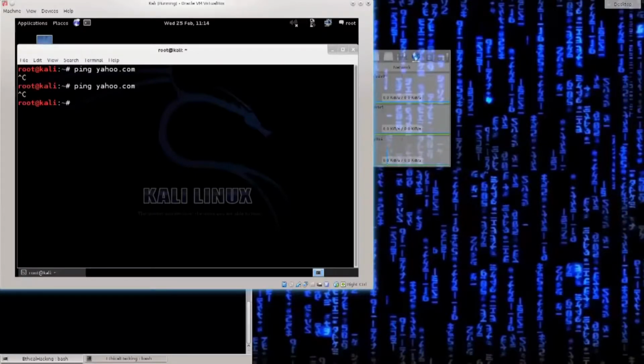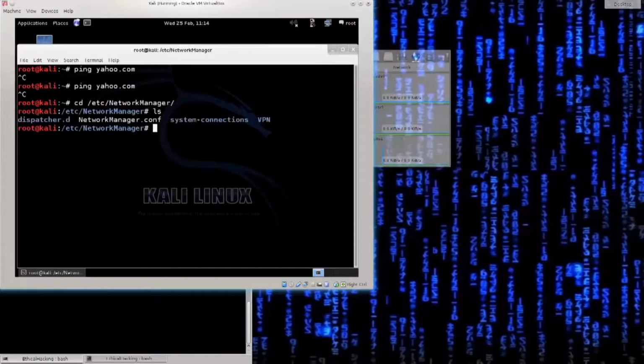So let's just go ahead and check the Kali Linux Network Manager, and it says wired network but device not managed. That can be a problem, and that is a general problem which you will face with wired interfaces pretty much all the time. There's a relatively easy fix to it. You just navigate over the terminal, you type in cd, which stands for change directory, to etc network manager. Let's see what's in it. Excellent. We have network manager